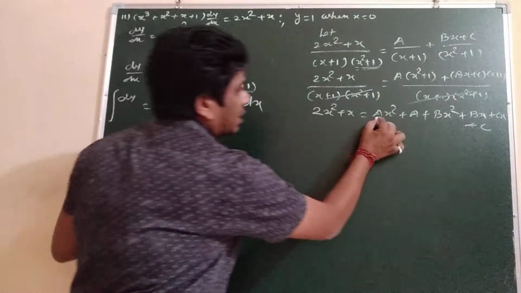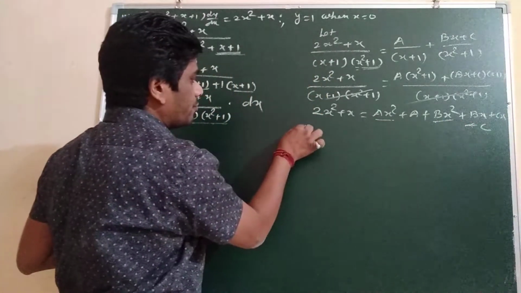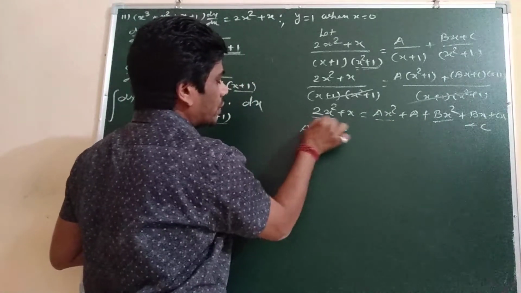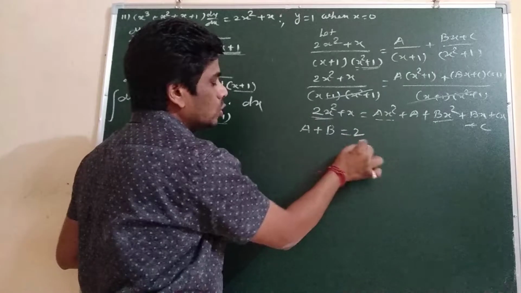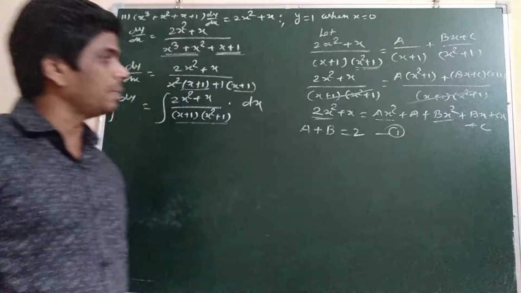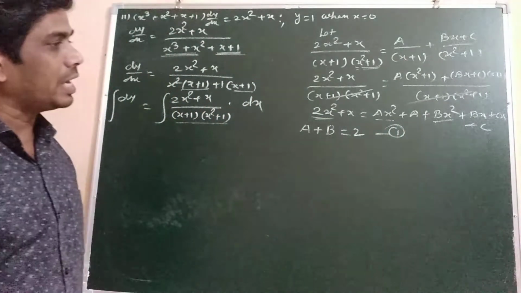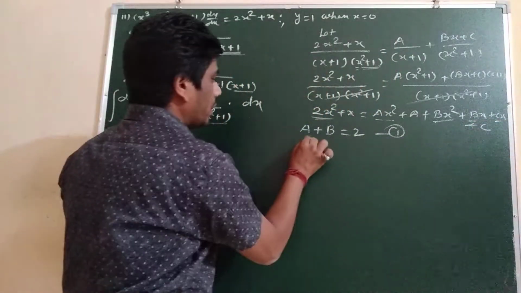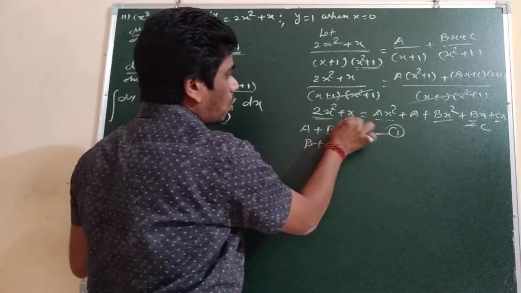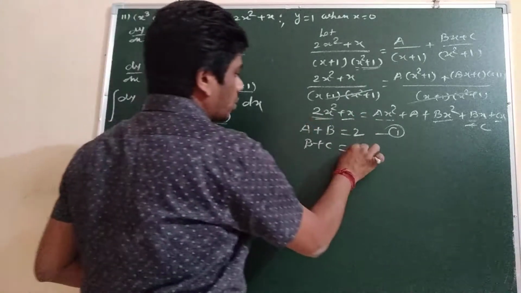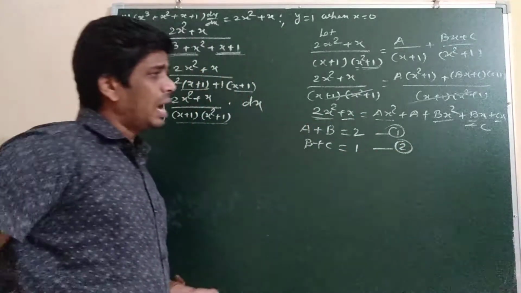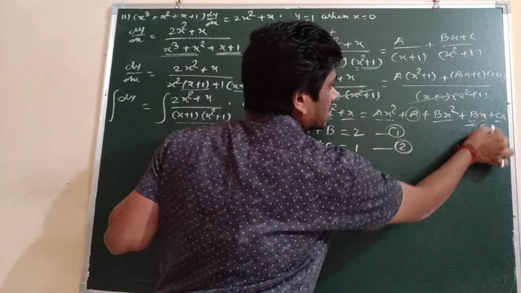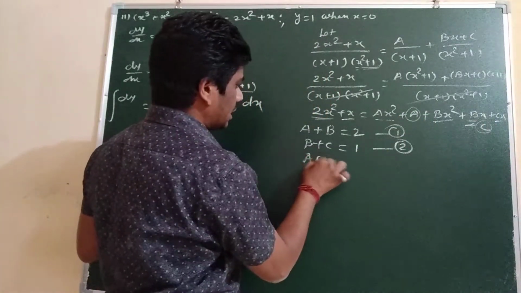There are two terms, so the first equation is A plus b equals 2, since the coefficient of x square is 2. This is equation 1. Similarly, comparing the coefficient of x, b plus c equals 1. For the third equation, the constant term without x, A plus c